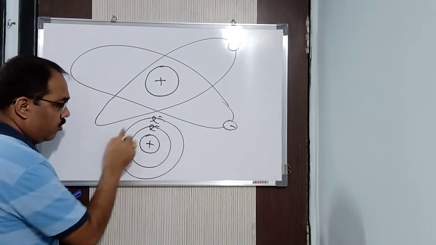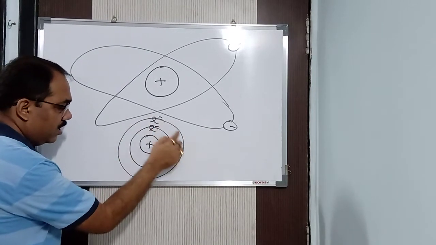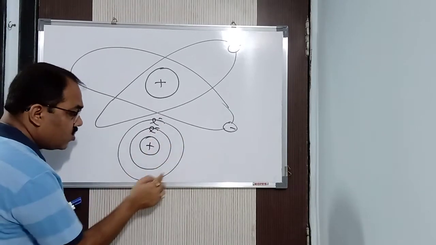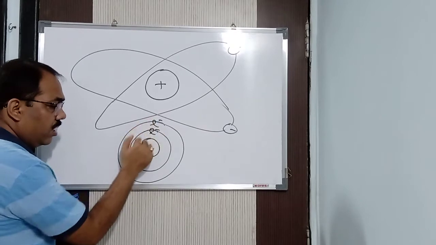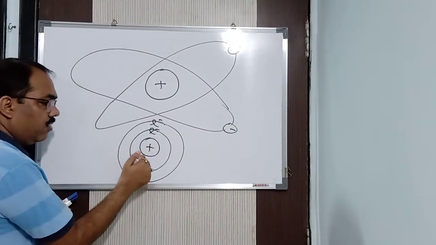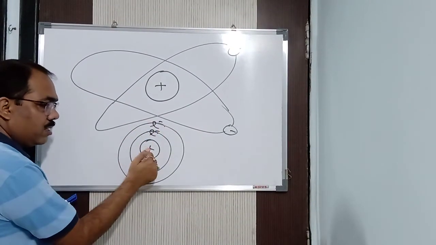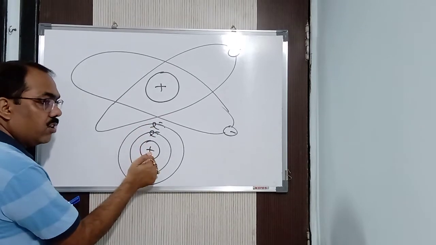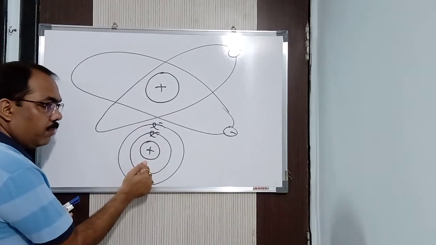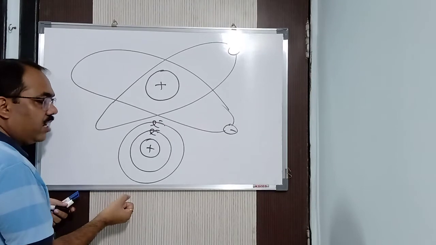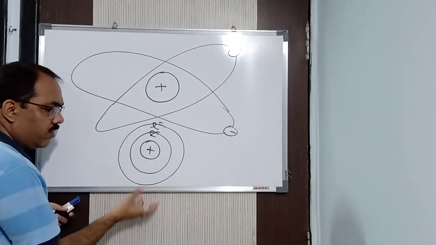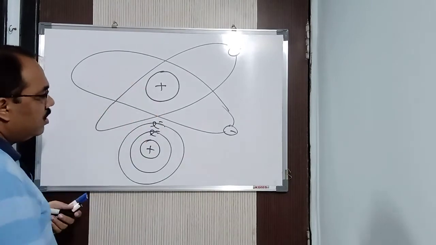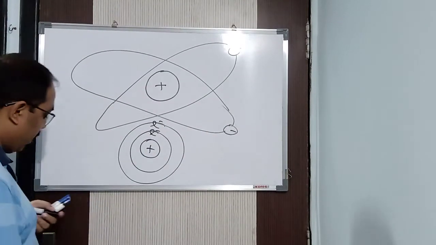And the electrons are moving around the nucleus in a circular path, and this he called the extranuclear part. In the circular path the electron is moving, and it is balanced by the centripetal force, due to which it is not attracted by the nucleus and not falling into the nucleus. It's not merging into the nucleus. Clear now? So this was basically the picture given by Rutherford.